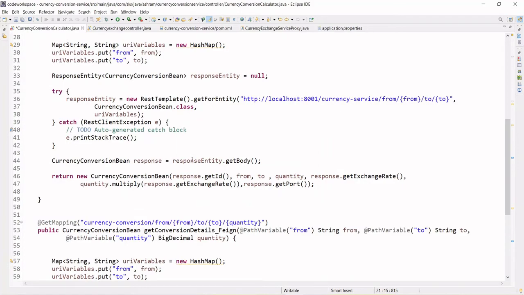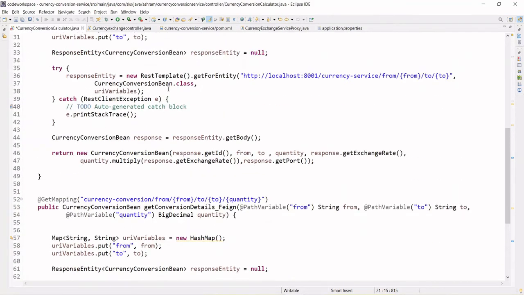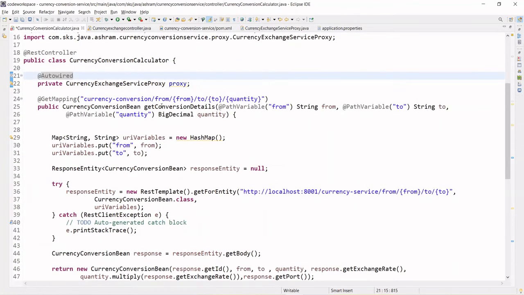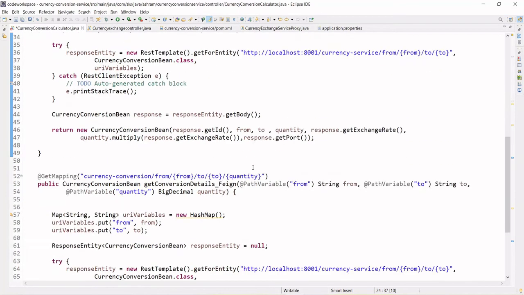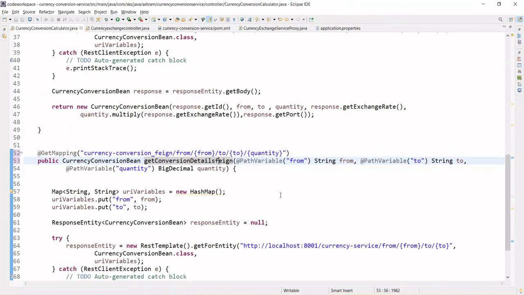In this API we are going to make a change. We are not making changes to our written currency conversion API, so we are just changing the method and the mapping. So here also type Feign, and here also Feign, because instead of underscore, let's go with the naming convention Feign. The rest will be the same.